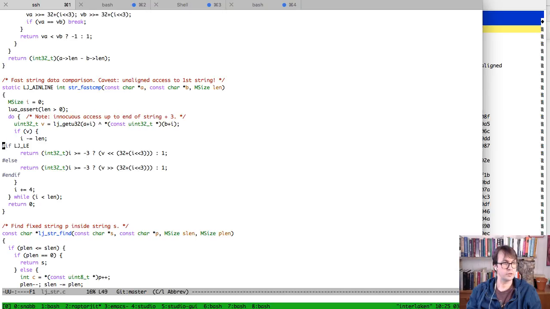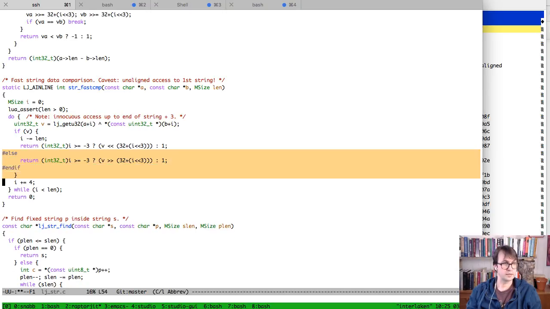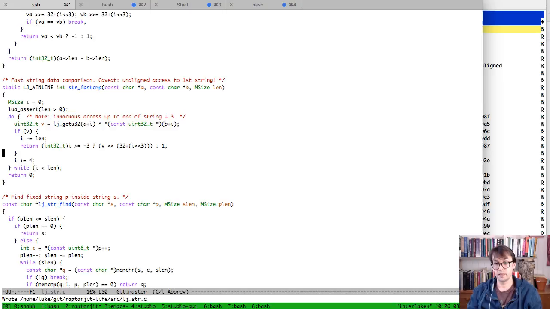And while we're here, we will remove the big endian support. I think that we will support big endian machines in RaptorJIT in the future, but that's the future. Today we're only targeting x86, and we want to focus all of our brain cycles on making the best x86 JIT that we can. But they can then later be updated to support other architectures. But for now, there's no place for big endian code in RaptorJIT. Okay, so